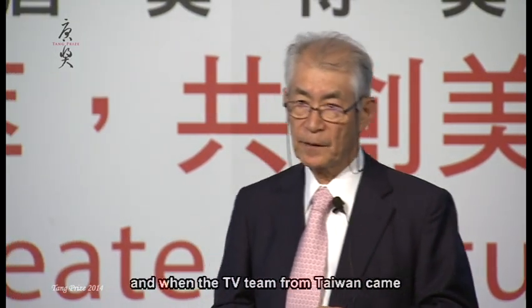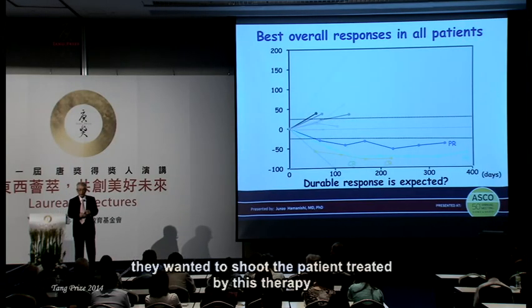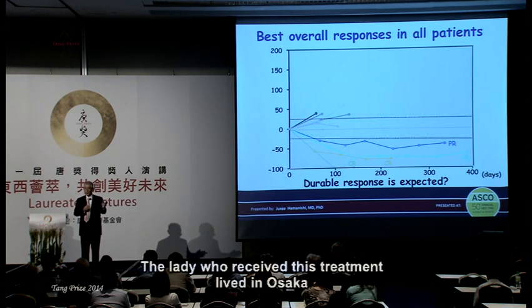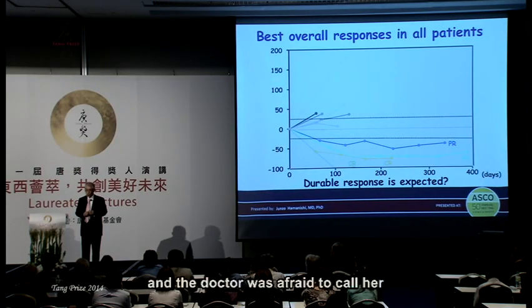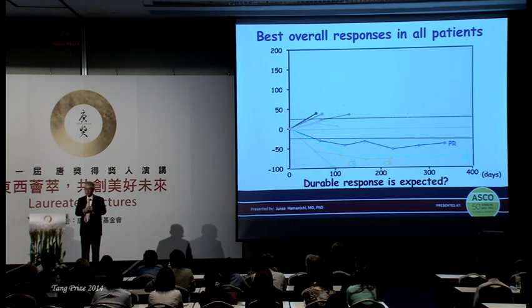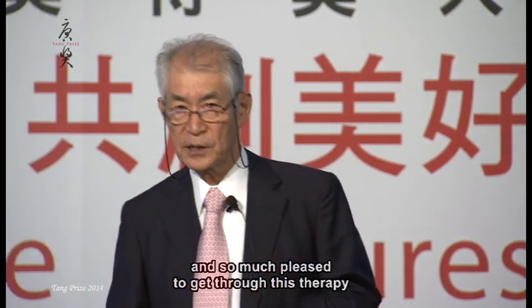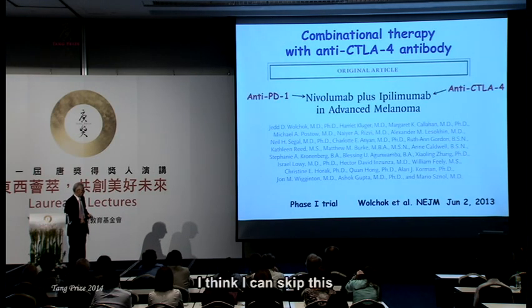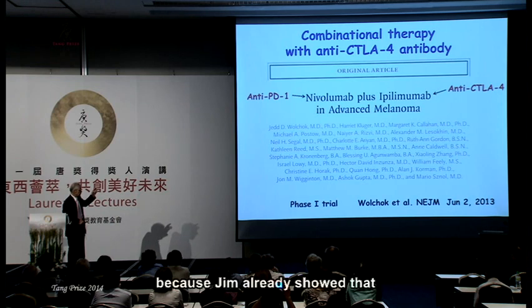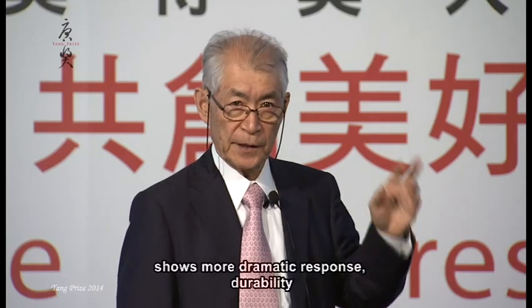And when the TV team from Taiwan came and wanted to shoot a patient treated by this therapy, the lady who received this treatment, who lived in Osaka, and the doctor was afraid to call her, but once he called, she was very happy to come and gave an interview. So that means she is so well and so pleased to have gone through this therapy. So I think I can skip this because Jim already showed combination therapy with CTLA-4 shows more dramatic response, durability,